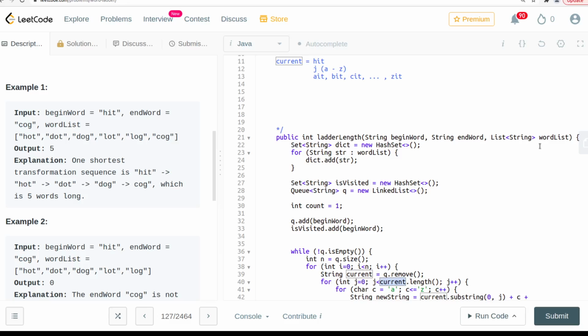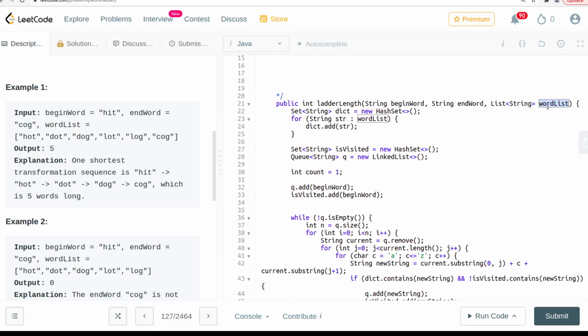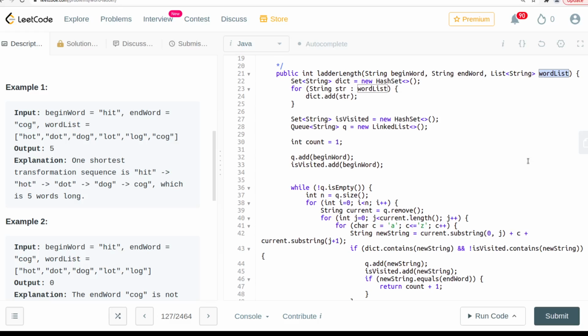But if this is O of n, where n is the number of strings in the word list, the time complexity is still linear. If we just consider n as the number of words, the time complexity is going to be O of n, where n is the number of words in the list. If we go into the characters, we are processing every single character, so it's going to become